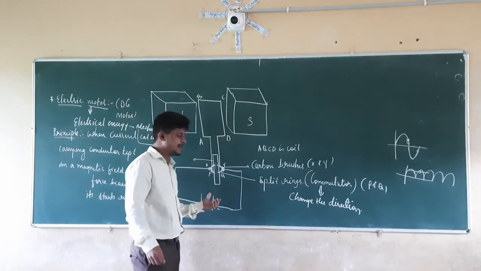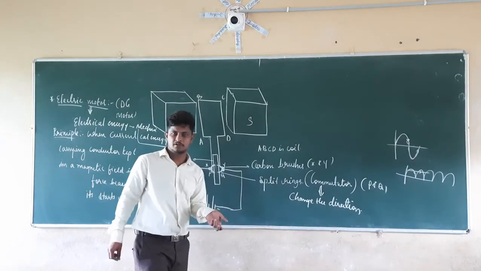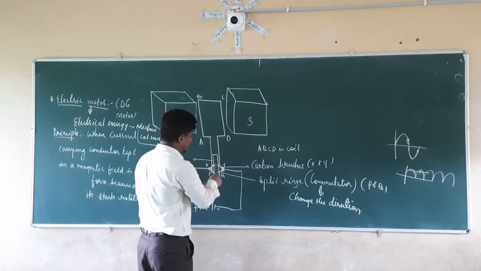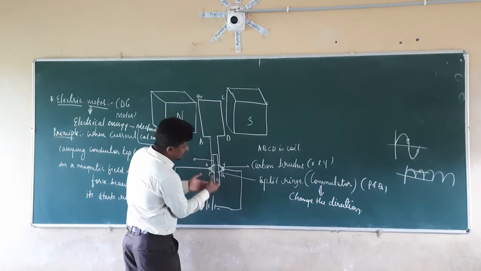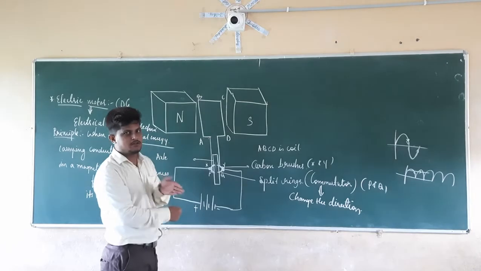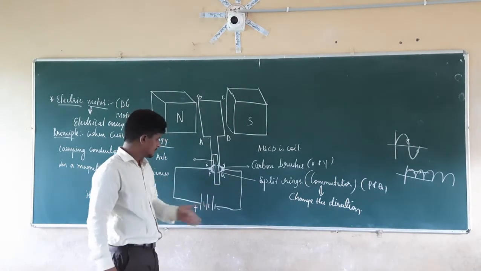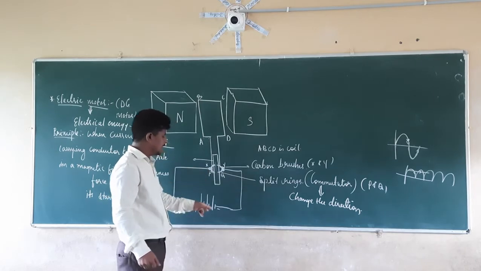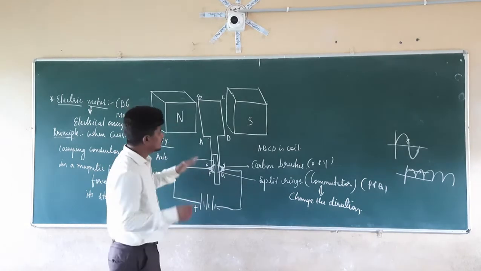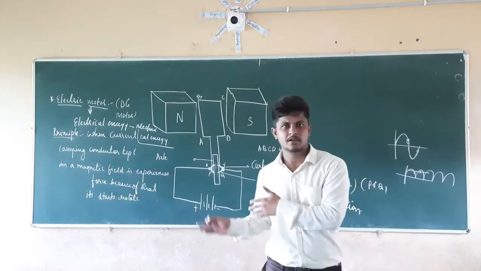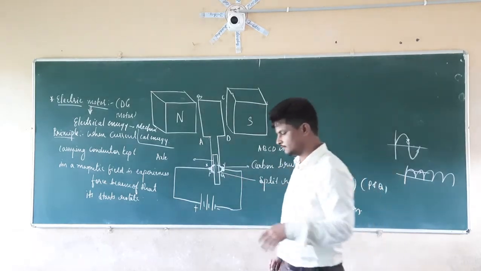So to that we are going to connect a turbine or fans or wings, so that when it rotates, they are also going to rotate. When it rotates, the fans are also going to rotate. So that we are converting this electrical energy to mechanical energy. Now this is connected to a source, the battery. So this is the construction of what? This is the construction of an electric motor.